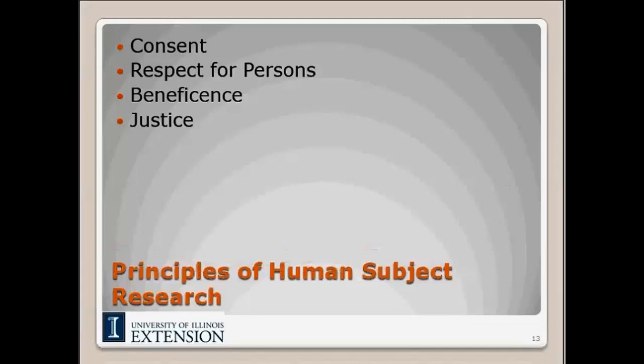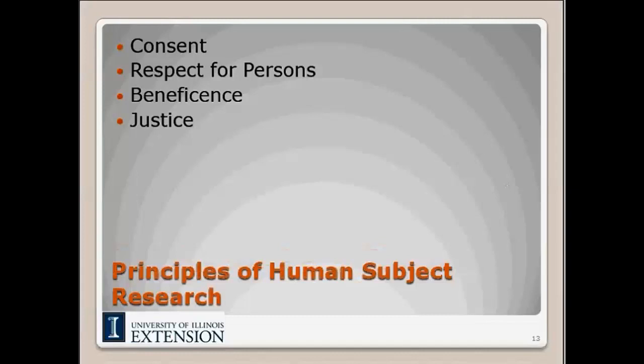So the first one is consent. All people must give permission to be in a research study. She mentioned that there's that paragraph at the top. That is considered informed consent. So you're letting folks know what they're getting involved with and what their information will be used for. In some cases, a person can give consent for someone else. Parents can give consent for children. However, other family members cannot give consent for someone else or for an adult unless they are that person's legal representative.